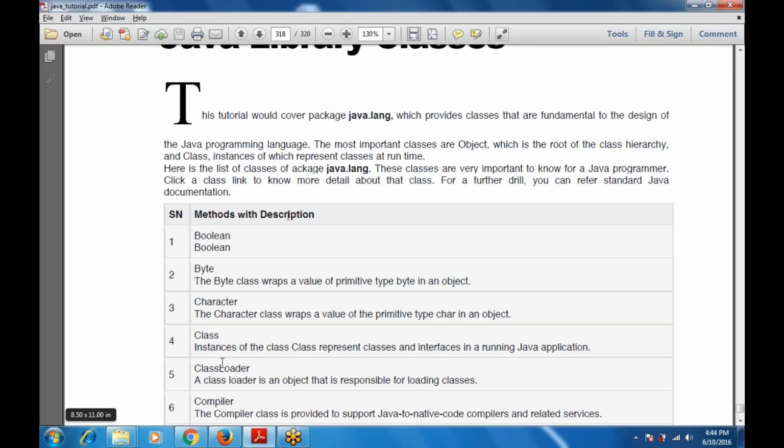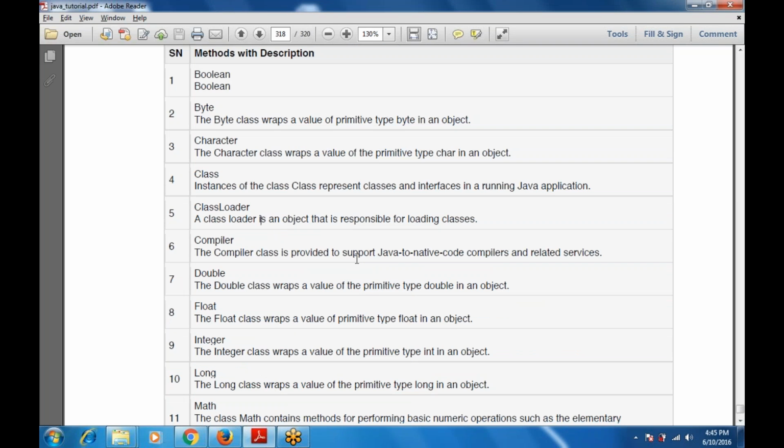Now next one is ClassLoader. This is used for loading the objects. A class loader is an object that is responsible for loading the classes. Loading the classes means compiling and executing, whatever we are using in the programming. Whenever we write the program, there's a compiler that compiles the program, and there's an interpreter that converts it into the binary language. So the class loader is an object responsible for loading the classes. Next part is Compiler, the same one. This is used to support